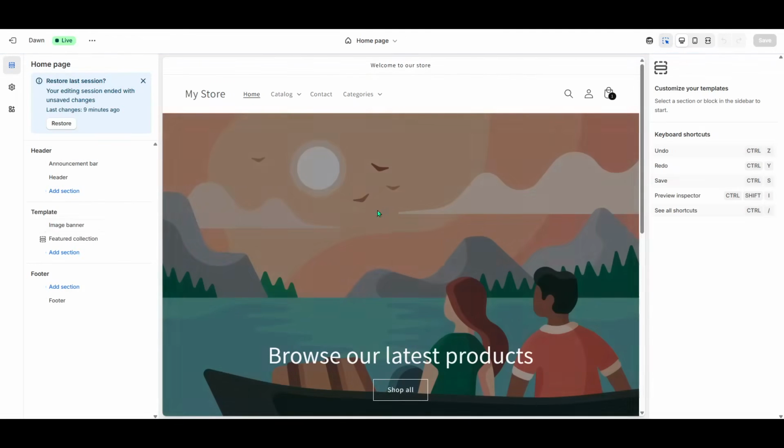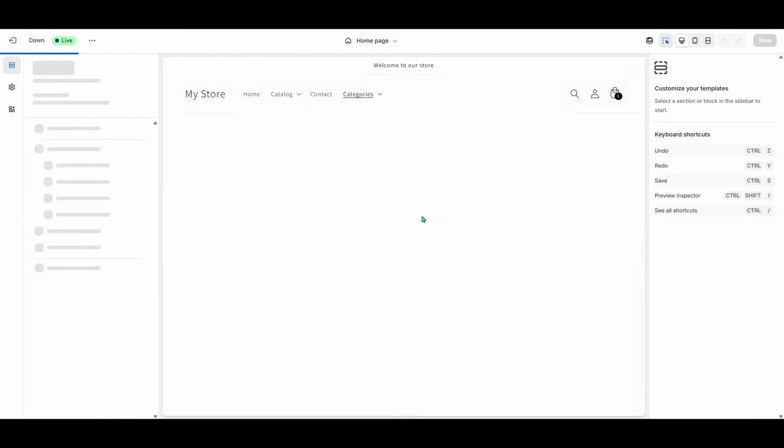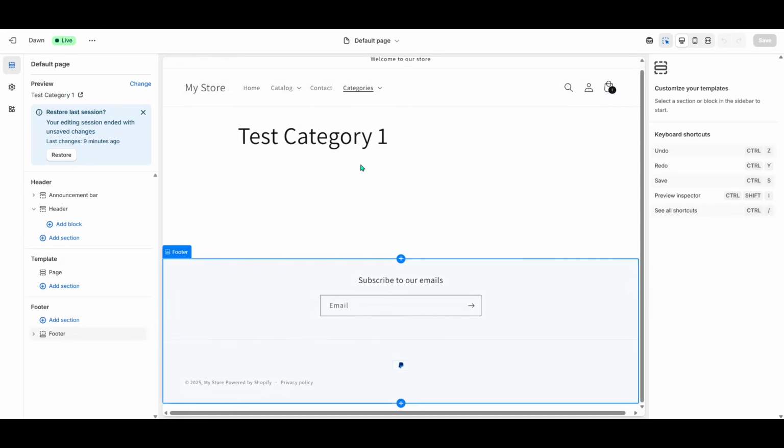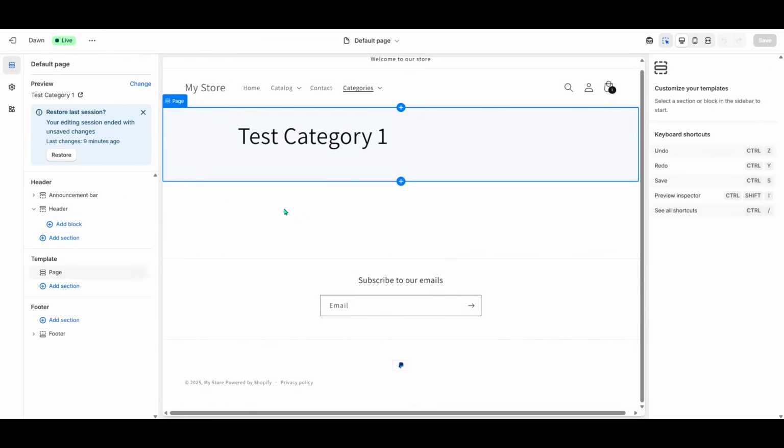Your product categories are set up and ready to guide customers through a streamlined shopping experience. This method not only helps to organize your store, but also makes it more user-friendly and accessible. Remember, a well-structured store can significantly improve customer